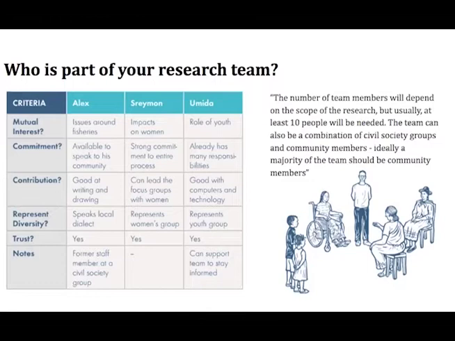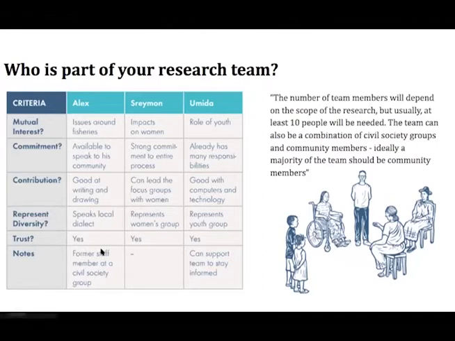But ideally, the majority of the team should be the community members themselves. And there are some tools to help determine who would be part of that. Think through the different experience and skills that each member brings to the team. You might want someone who could lead the discussion, someone who is good at writing, someone who has certain skills with technology, with computers. So think through all of that as you